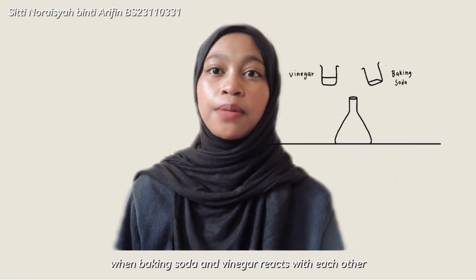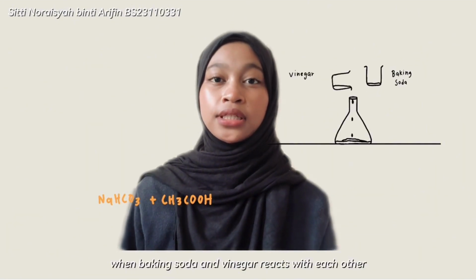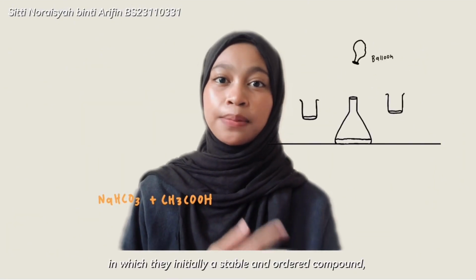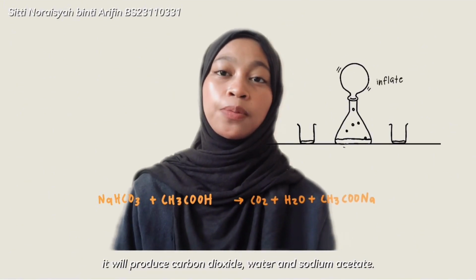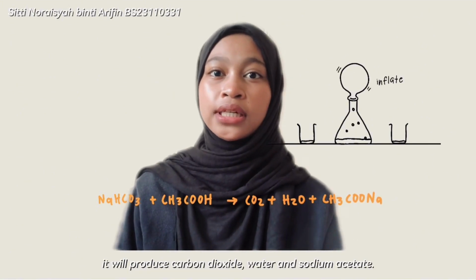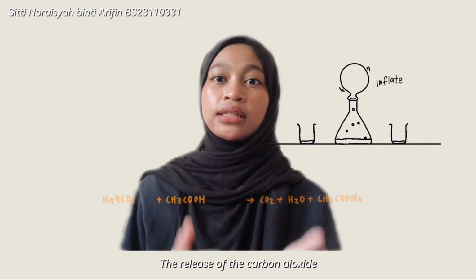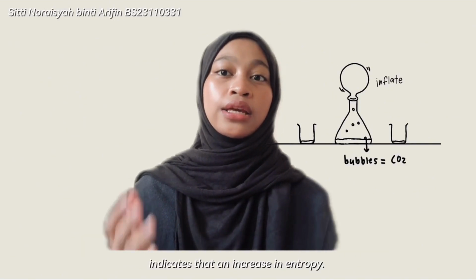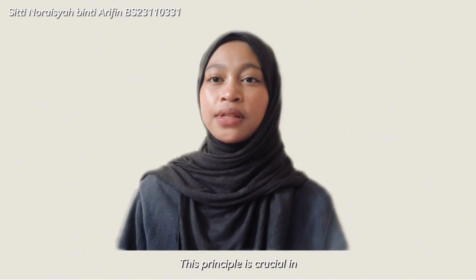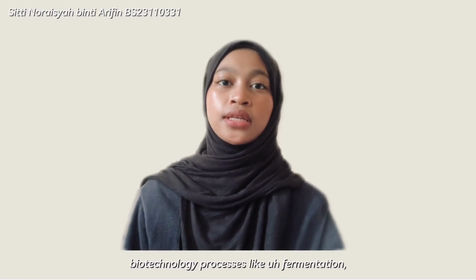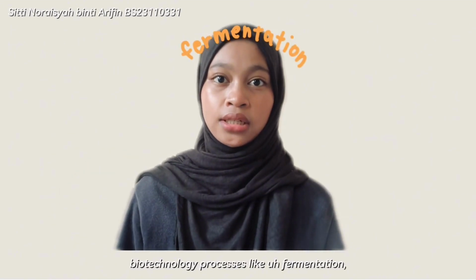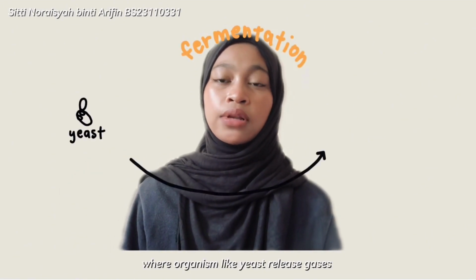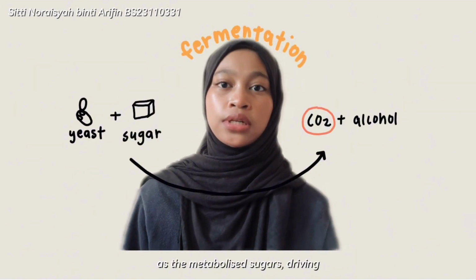For example, when baking soda and vinegar, initially stable and ordered compounds, react with each other, they produce carbon dioxide, water, and sodium acetate. The release of carbon dioxide, which is the bubbles, indicates an increase in entropy. This principle is crucial in biotechnology processes like fermentation, where organisms like yeast release gases as they metabolize sugars, driving